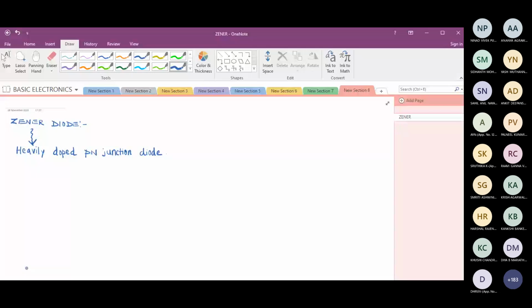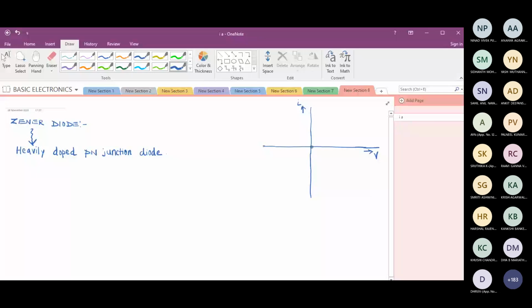Okay. Now what we are going to achieve, I'm not going into the physics part of this. Detailed physics I'm not going to explain here, because if I start explaining electric field and all, I have to mention more. So what is required for an electronic engineer, that I'm going to explain. What I am interested in is the VI characteristics. Always, as an engineer, we are interested in the VI characteristics of the diode. So if I dope it heavily, the cut-in voltage of the diode will not change under forward bias condition. You get the same variation, the same VI characteristics.